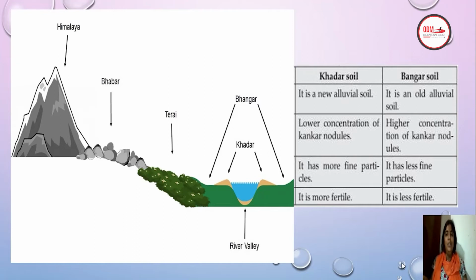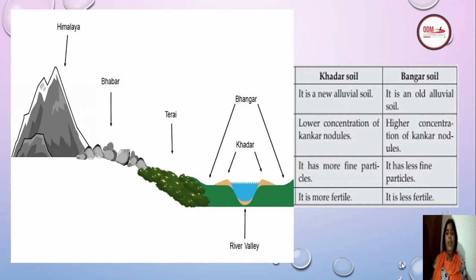Khadar is a new alluvial soil which is very low in concentration of kankar nodules, has very fine particles, and is fertile. Whereas Bhangar is the old alluvial soil, and it has a high concentration of kankar nodules, fewer fine particles, and is less fertile. See, Khadar is renewed very often. That is why it is called new alluvial,